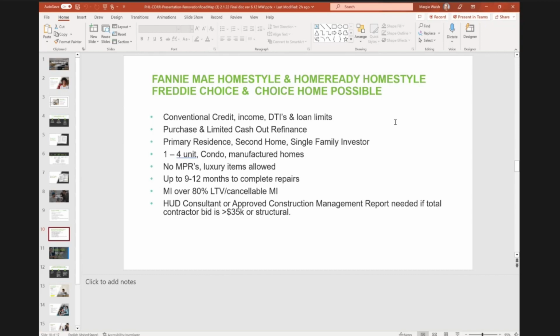The primary residence allows 1 to 4 units, but the second home, of course, is a single unit second home, and a single unit investor. You can also include condos and manufactured homes. And luxury items are allowed. This is a product where you could install a pool. You want a jacuzzi, a sauna, a hot tub, as long as it's permanent and adds value to the